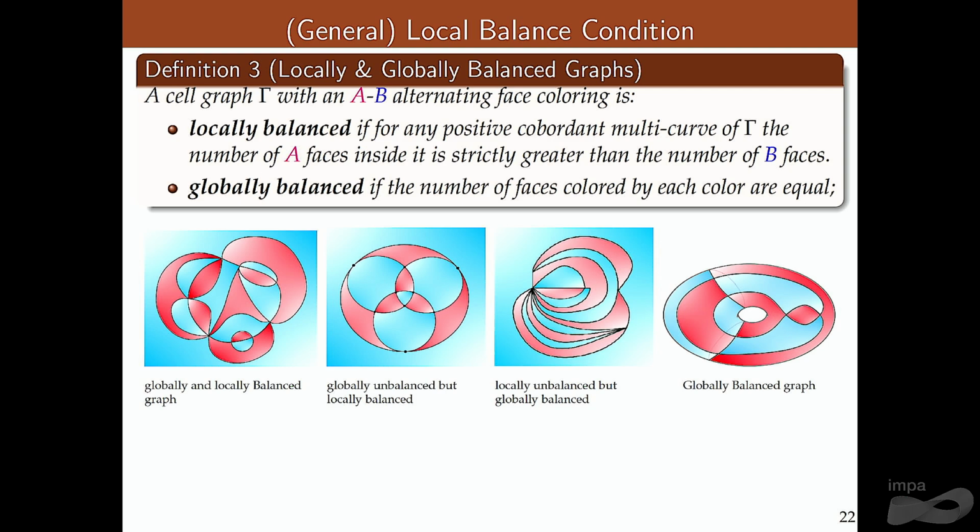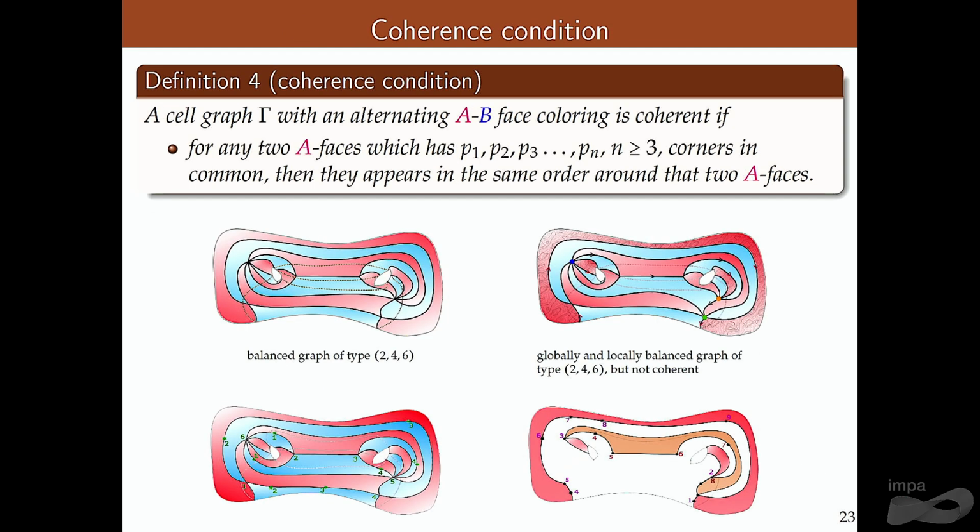For instance, here, that graph is globally balanced and locally balanced, but not coherent. The face with the dashed line doesn't realize that condition. So if you start to try to enumerate the vertices,